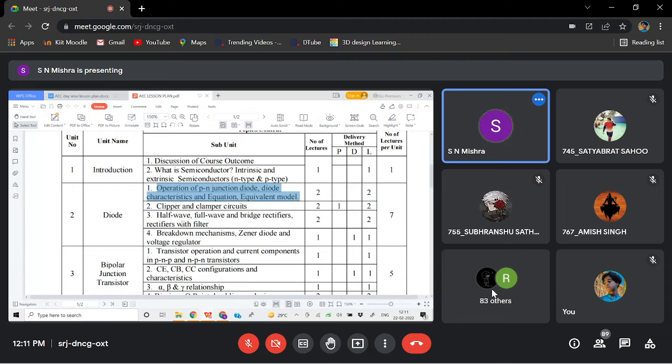Then you can see diode characteristic is written here. Characteristic means the relationship between current and voltage: how we vary the voltage, positive or negative or zero, and in those conditions how the current changes in the diode. Generally it is called the VI characteristic or IV characteristic. Once you understand the relationship between current and voltage, that is the diode equation,